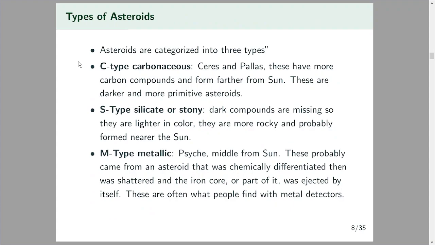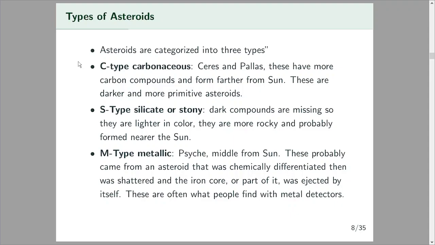So asteroids are typically categorized into 3 types, kind of based on their chemistry. C-types are carbonaceous asteroids, and that means they have a lot of carbon in them. S-types are silicates. Sometimes they're called stony asteroids. They have silicon. They're more silicon-based than carbon-based. And then there's an M-type, which are really metallic. The metallic ones are probably